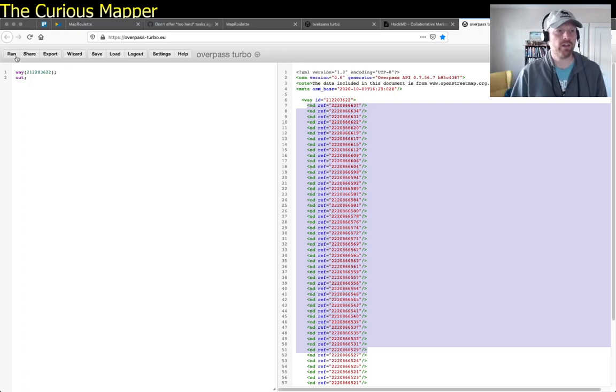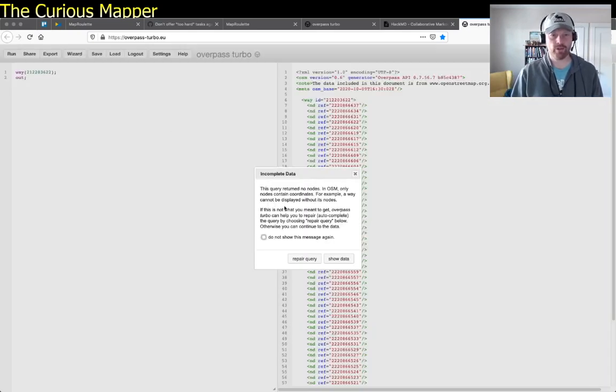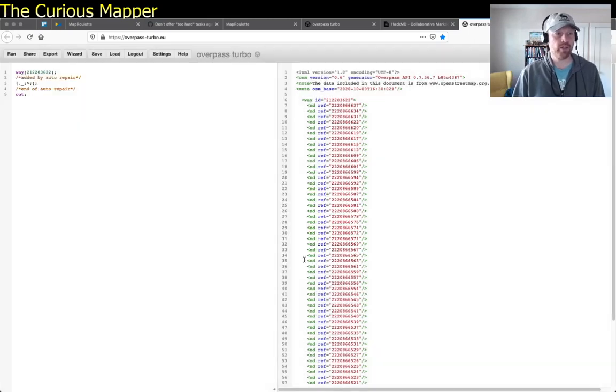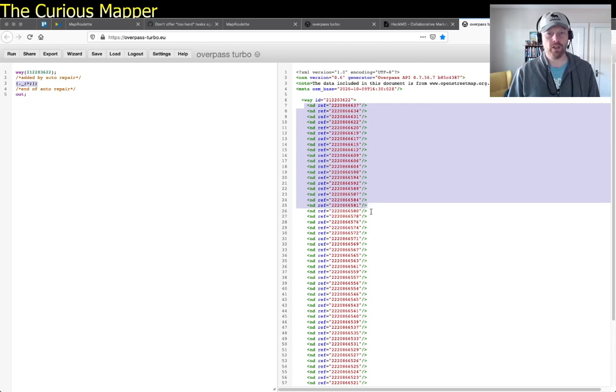If I run this again, it will again offer to repair this query, so it can do that automatically for you. Then what it will do is add what we call recursion. It looks kind of cryptic, but basically for each way it will look at all these references, and it will also fetch the nodes with these IDs. If I run that again,